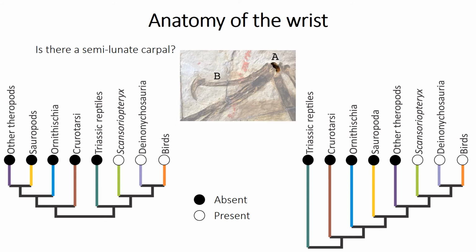Well, finally, we'll look at the presence of a semi-lunate, or sort of half-moon-shaped, wrist bone or carpal bone in the wrist. So the wrist bone has this shape in Scansoriopteryx, Archosauria, and birds, but not in any of the other groups. So how would you describe the evolutionary history of this feature on each phylogeny? Well, in this case, they're both pretty similar. They would both have a single origin at kind of the same point, at the evolution just before the common ancestor of Scansoriopteryx